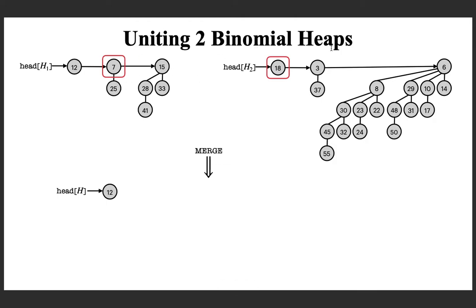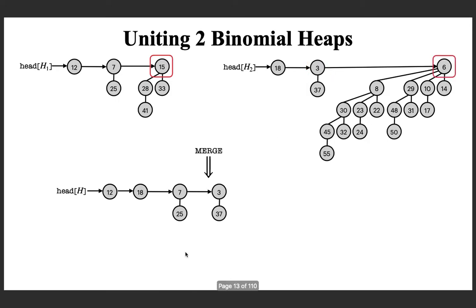And now if you compare the current nodes, you can see that this has the least degree value 0, here it is 1. So you move this to the resulting list, then advance this pointer. Now you have two binomial trees of the same degree, so you move from the first list, because any one you can move. Now you move from the first list, advance this. Now you have a degree 2 here and a degree 1 here. This has the least degree, so move it and advance. And now if you compare the current binomial trees, this has the least degree 2, so you move it to the final list and advance.